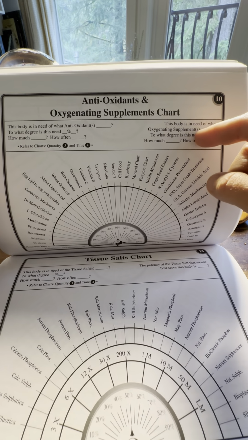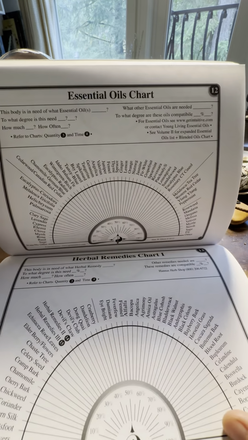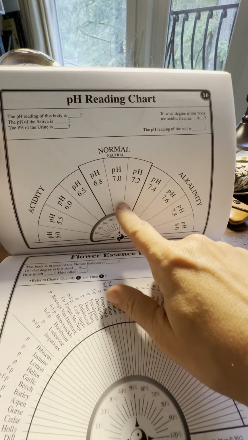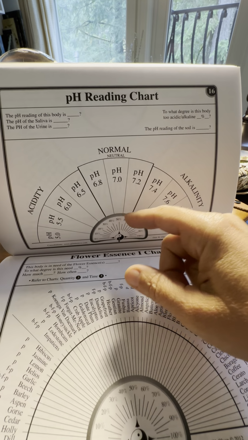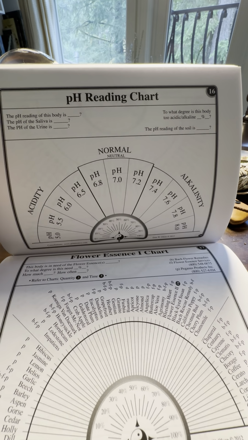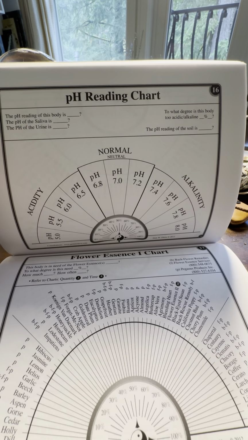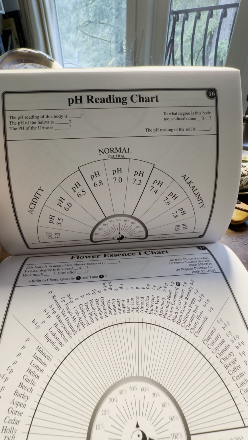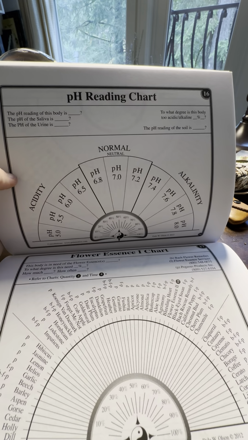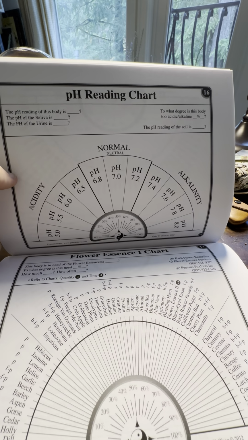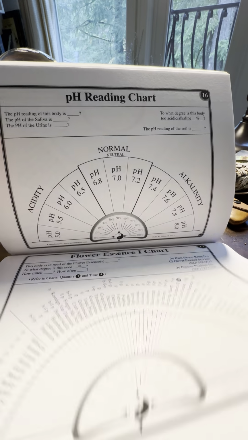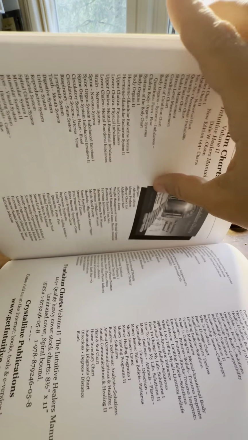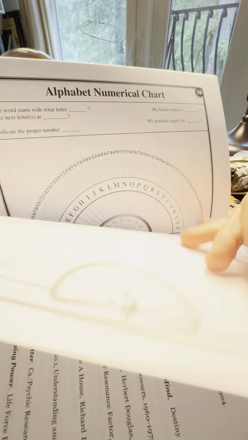Always be mindful, always be in a neutral position. But there's some great charts in here. Herbals, essential oils that you may need. Your pH, I use this a lot. I drink alkaline water. I try to. There's a whole thing about alkaline water in a video called The Secret of Water, saying that you really want to put your body into an alkaline state because disease cannot live in alkalinity. So he has a pH chart here, all kinds of things. And then what's really cool is he even has, I think it's back here somewhere, a chart in here for